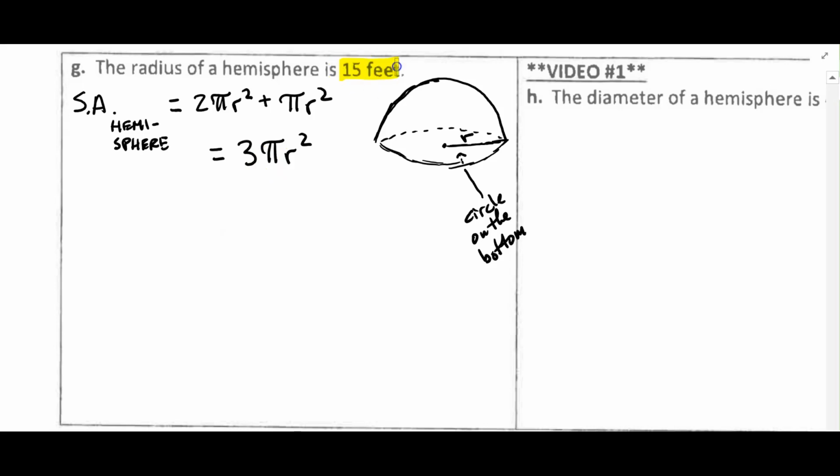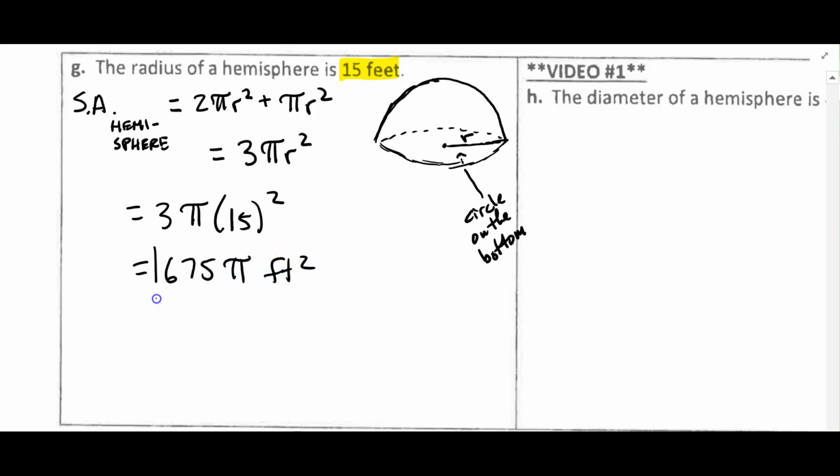We've got the radius is 15 feet, so now the surface area is going to be 3 times pi times 15 squared, which is going to give us 675 pi feet squared. Again, this is an answer in terms of pi. If I wanted a decimal equivalent, it would be